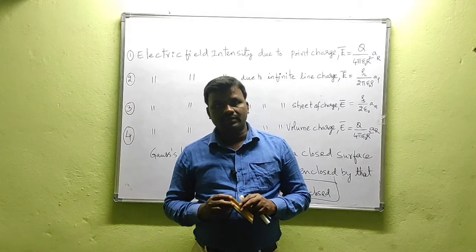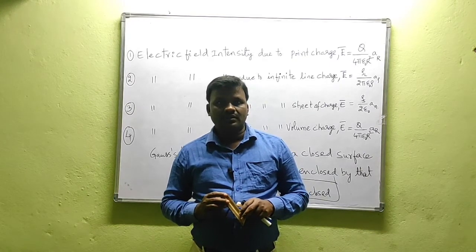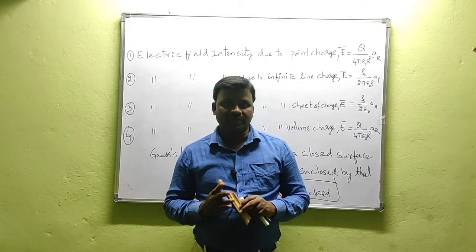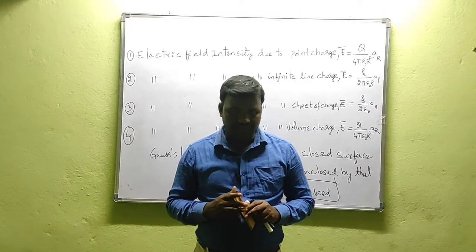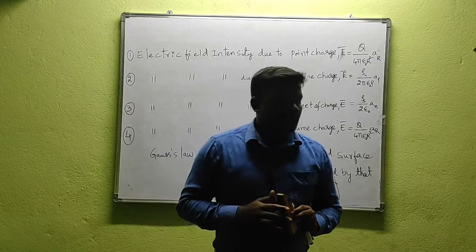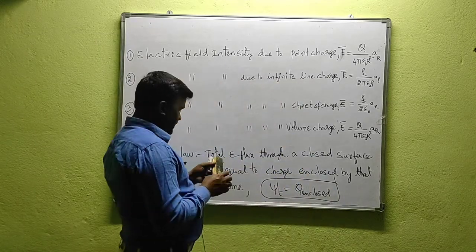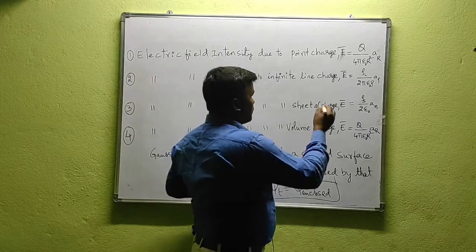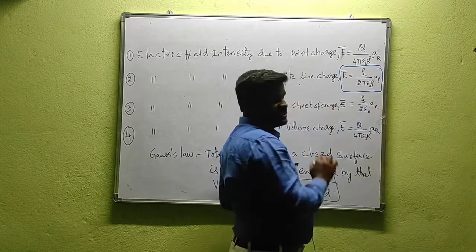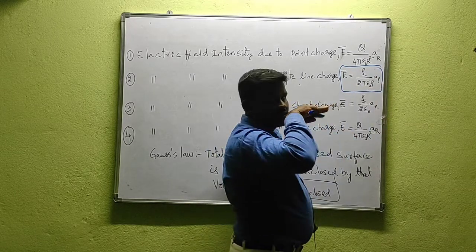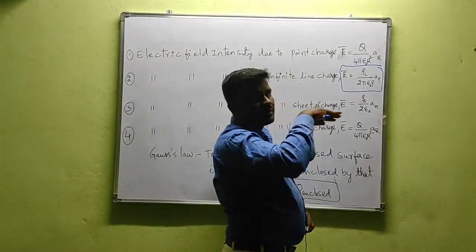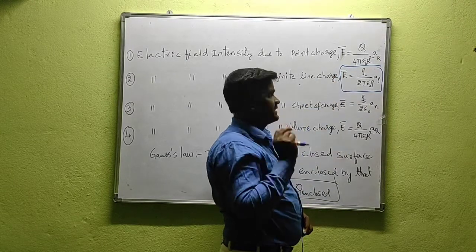Before entering into the topic, in the last two videos, we derived the electric field intensity due to an infinite line charge and due to an infinite sheet of charge. The electric field intensity due to an infinite line charge is E equal to rho L by 2 pi epsilon rho A rho. Rho L is the line charge density, rho is the perpendicular distance from the line charge placed along the z axis, and A rho is the unit vector along that perpendicular distance from the reference axis, that is the z axis.